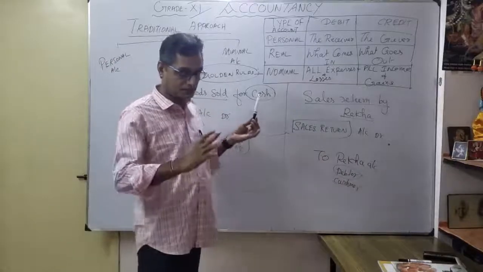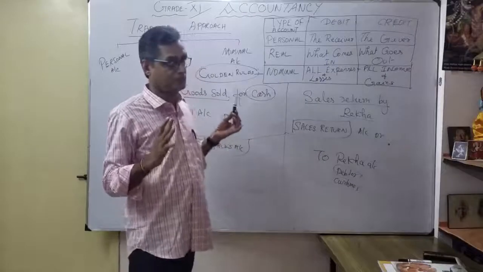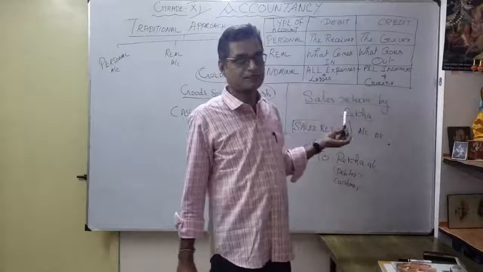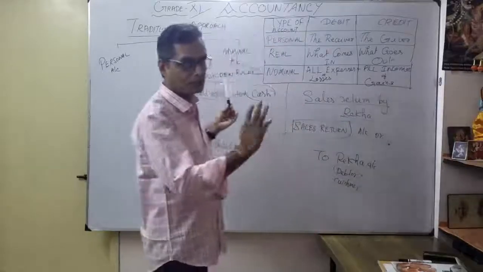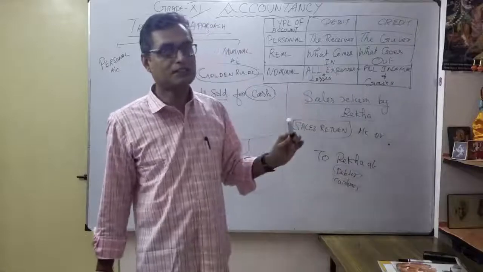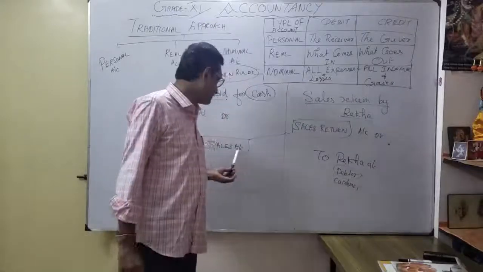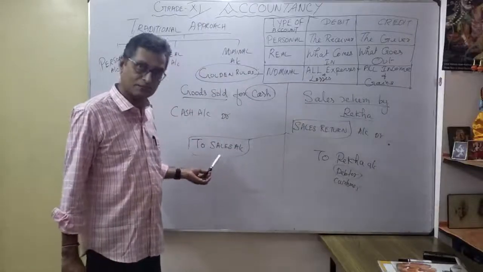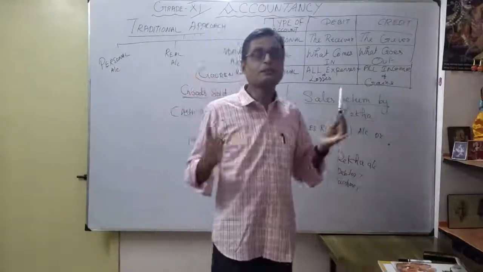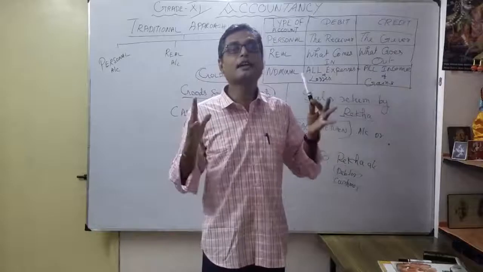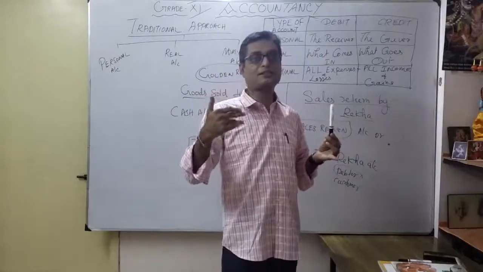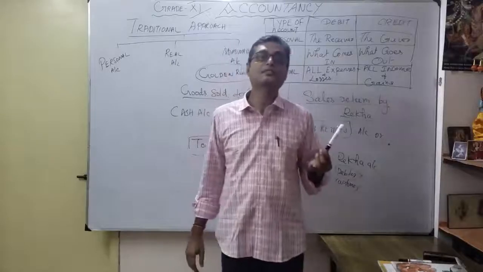Now we are discussing from a cash point of view, and simultaneously I will give the effect for purchase return and sales return, only the opposite effect. Wherever purchases you have to debit, naturally purchase return is credit. Wherever sales account we credited, sales return you have to debit. By practice you can easily identify and write the journal entry for purchases, sales, purchase return and sales return.